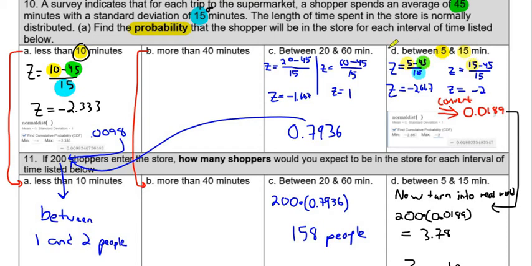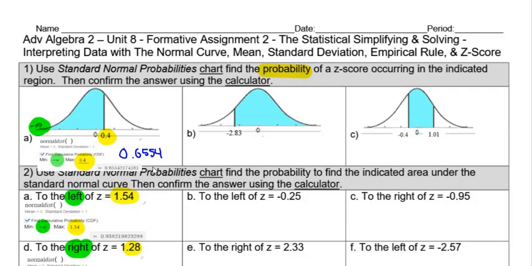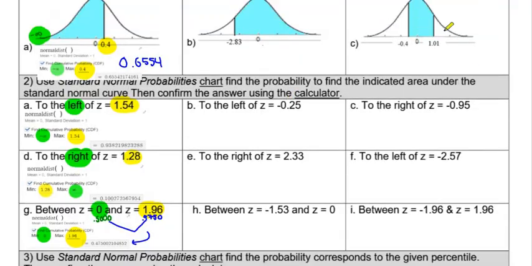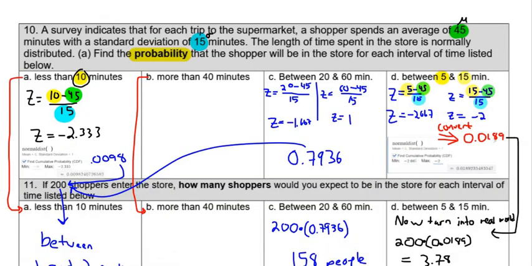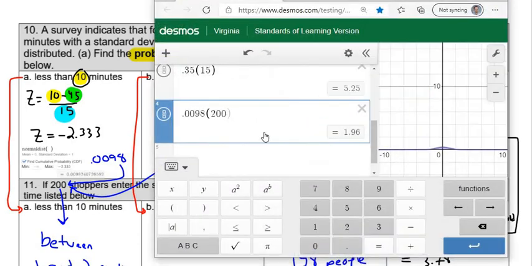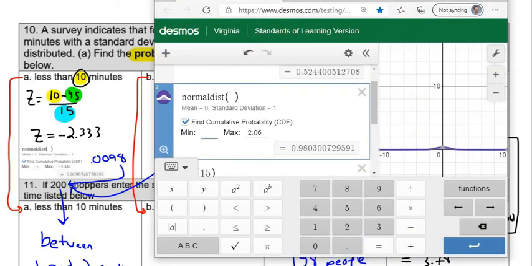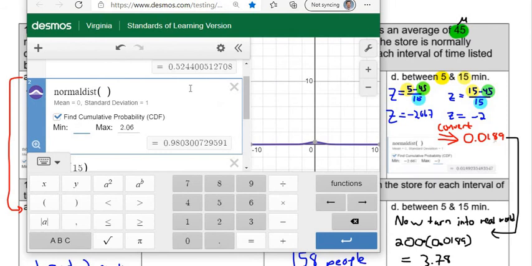And then you take 15, and you subtract 45 from that, and then divide by 15, and you get a second z-score. And that's going back to this concept, right? That's talking about something like this, where it was between, like this. And so you would type that into Desmos by going back to the CDF, and putting in those values, negative 2.667. And then here we would have negative 2,